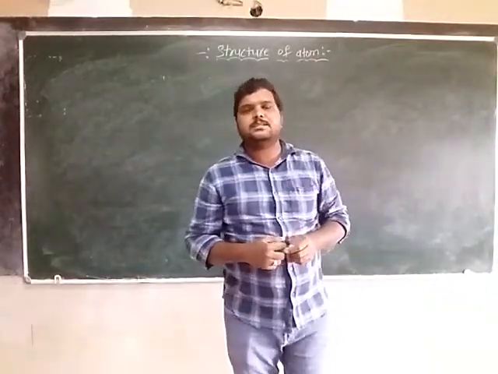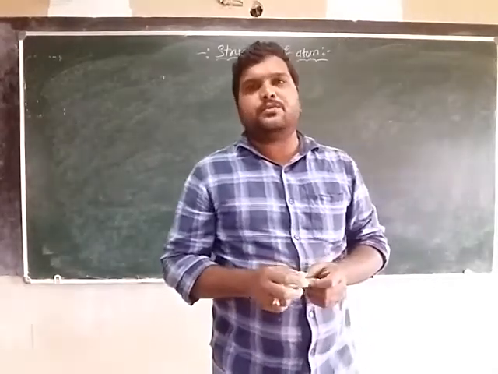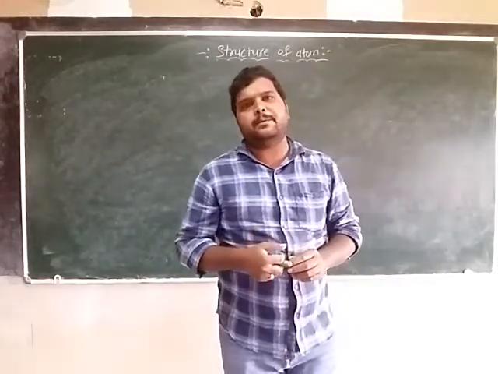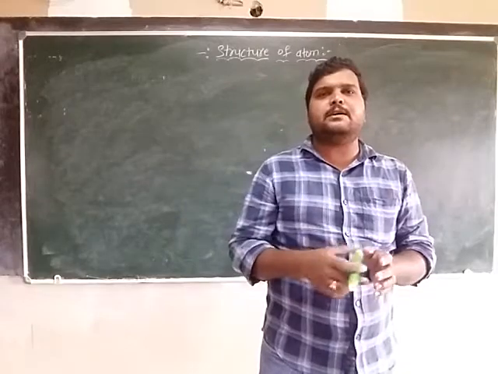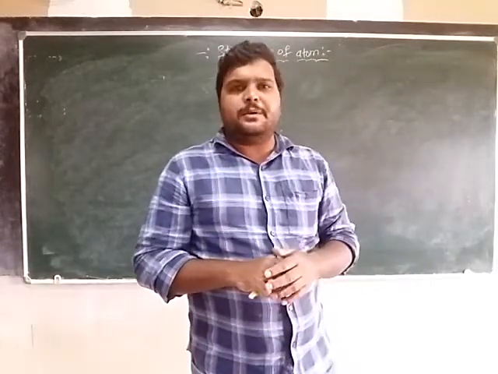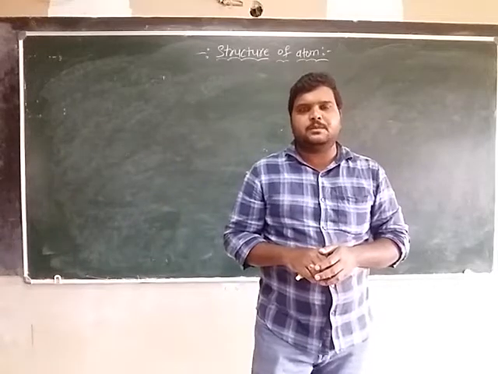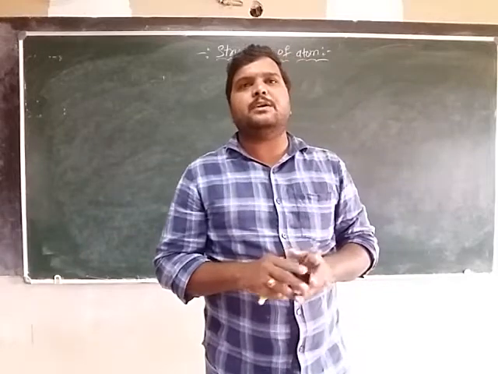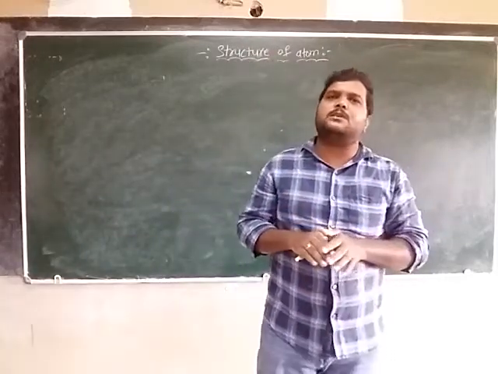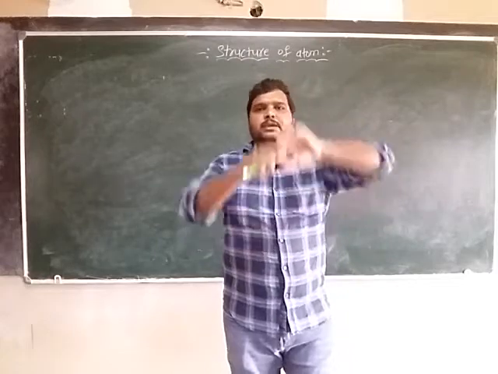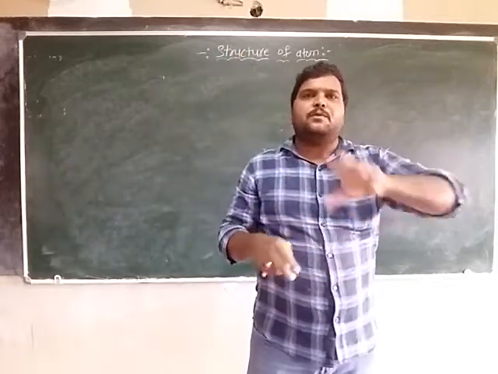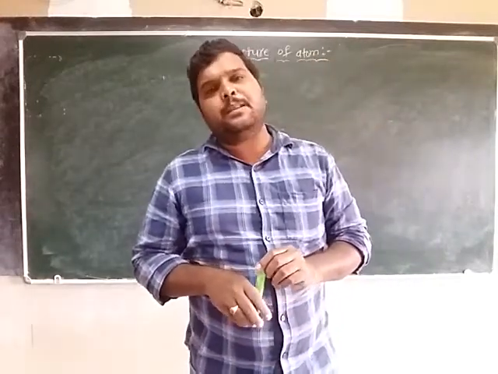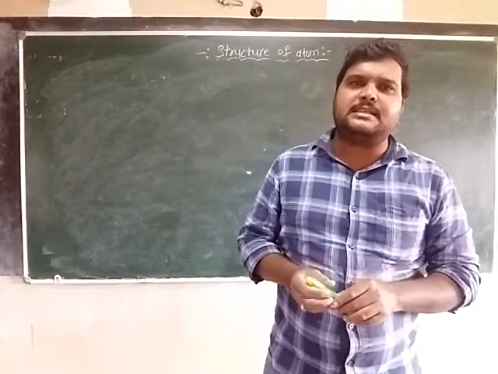In the last class, we discussed the quantum numbers. There are four quantum numbers: principal quantum number, azimuthal quantum number, magnetic quantum number, and spin quantum number. These give information about the atomic orbital precisely and the spin of the electron. Next, we have seen the shapes of the orbital. From the shapes of the orbital, we can see the probability of the electron, how it is present around the nucleus. If we add the boundary lines, then we will find the shape of the orbital. The s orbital is spherical, the p orbital is dumbbell, the d orbital is double dumbbell, and the f orbital is fourfold dumbbell. Like this, we have seen the diagrams.